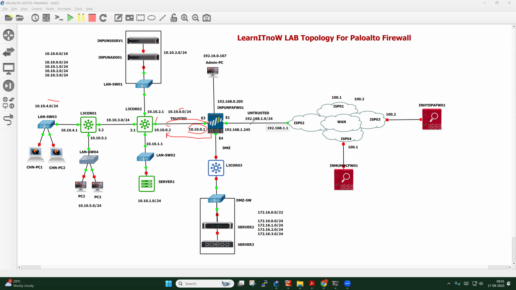You can see that even when I added the default route, I chose this particular IP address, which also belongs to the same subnet here, right? So you cannot have a route where the firewall sends the packet to a network which is not directly attached to it, right? So in this particular case, we are going to add this route for the 10.10.4.0 subnet,